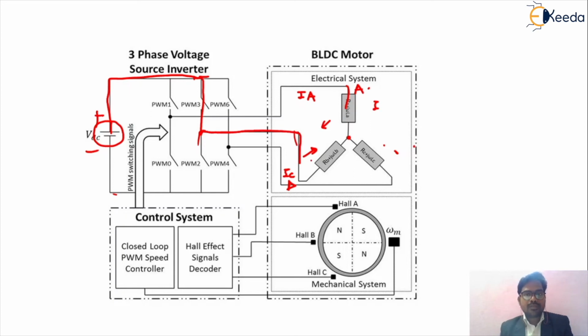Because of this, the current will be IB, so now the direction of this current is inward, and previously the direction of current IC was inward. Now we are giving the phase sequence, so the direction of this current IC, and from the devices it will be continuously completed. So friends, this is the commutation part for the second leg, in which the windings of B and C are conducting.